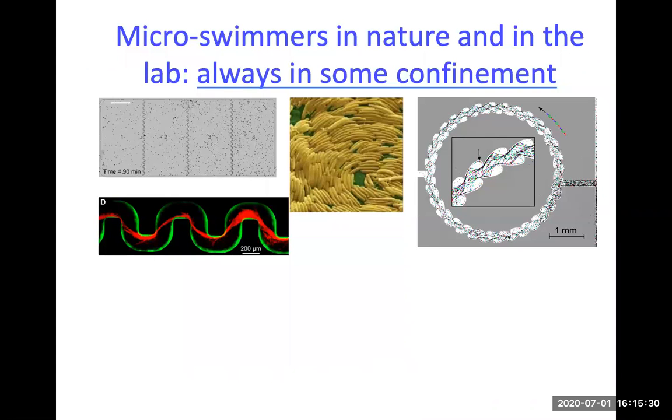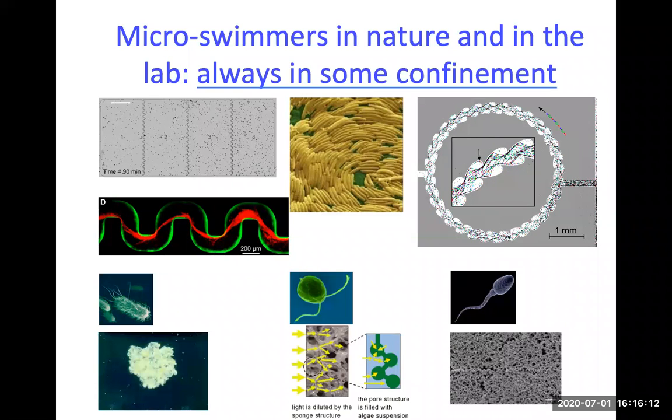Then another complication came into this, which is that microswimmers in nature and in the lab are in some confinement. They're not in free space or periodic domains, obviously. What you see in experiments is microalgae, for example, in a rectification device. That's the top left corner. Bacteria on a surface can form various structures. They stick to surfaces. Bacteria love surfaces. Spermatozoa in a rectification device, that's work from Dave and Peter Denisenko, etc. And if you put bacteria in a microchannel, even if there is imposed flow, they can form biofilm because they like to stick to surfaces.